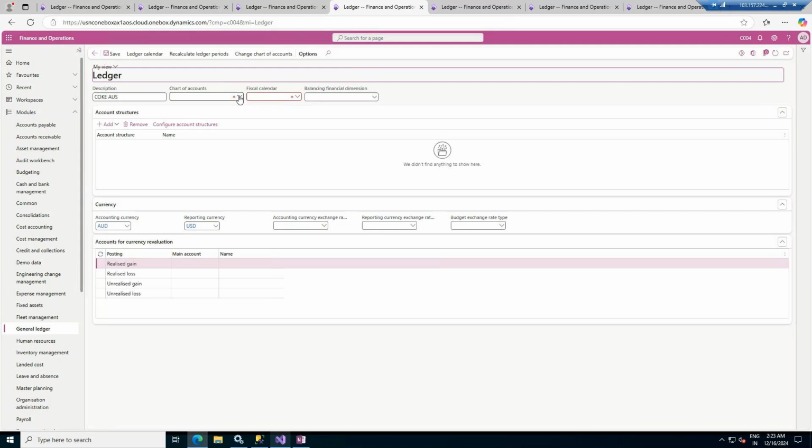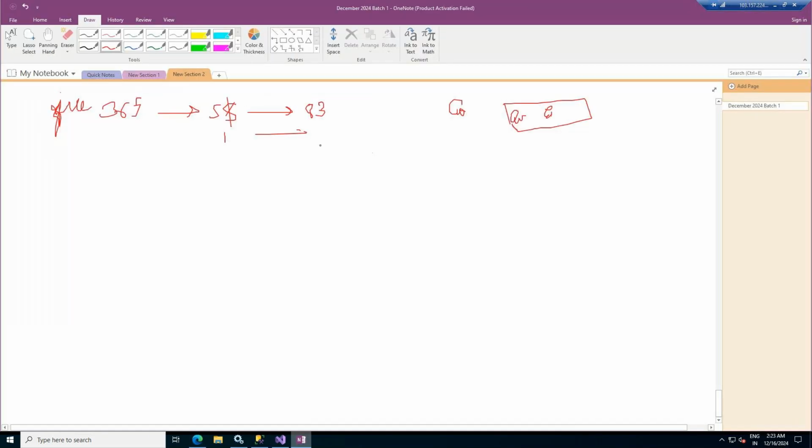Now coming to the chart of accounts, what actually is a chart of accounts? See, whenever you are working with this type of organization where there are multiple companies,